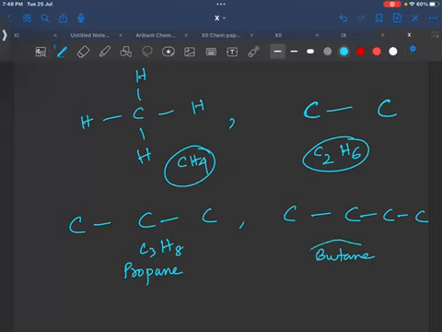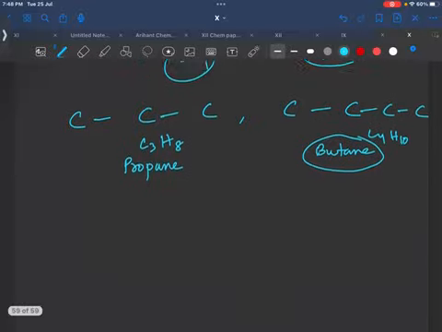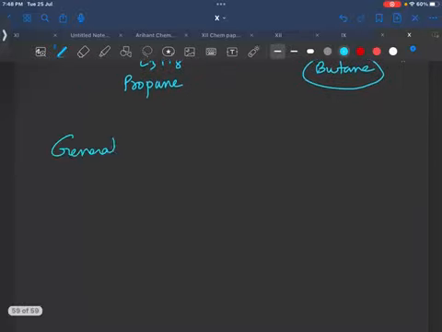Okay. Tell me the formula of butane. So C4H10. It's correct, C4H10. Okay. So everyone write down the general formula of alkanes. General formula of alkanes is